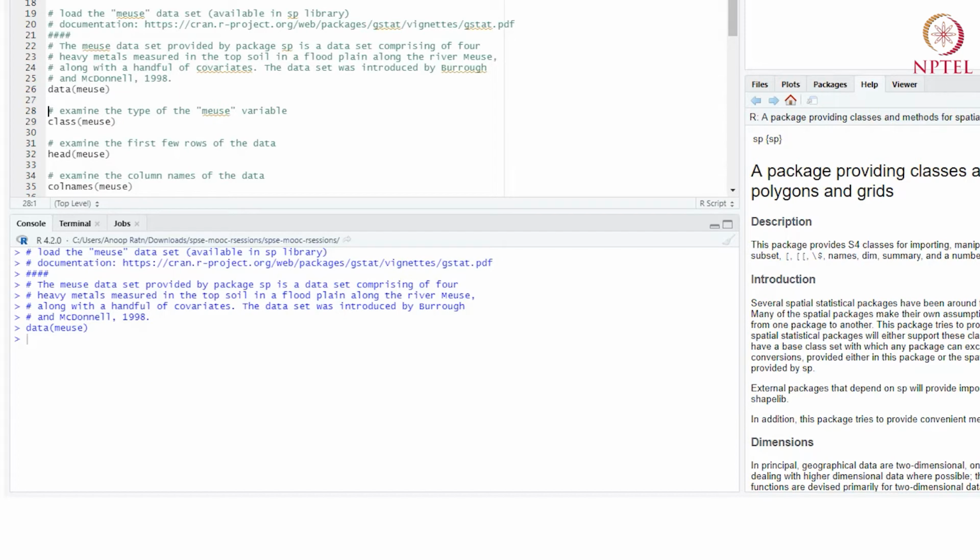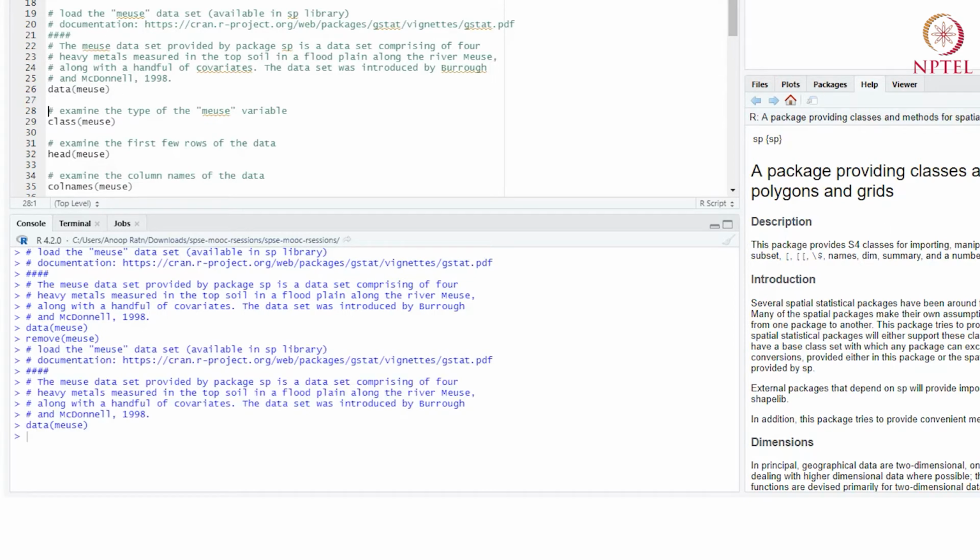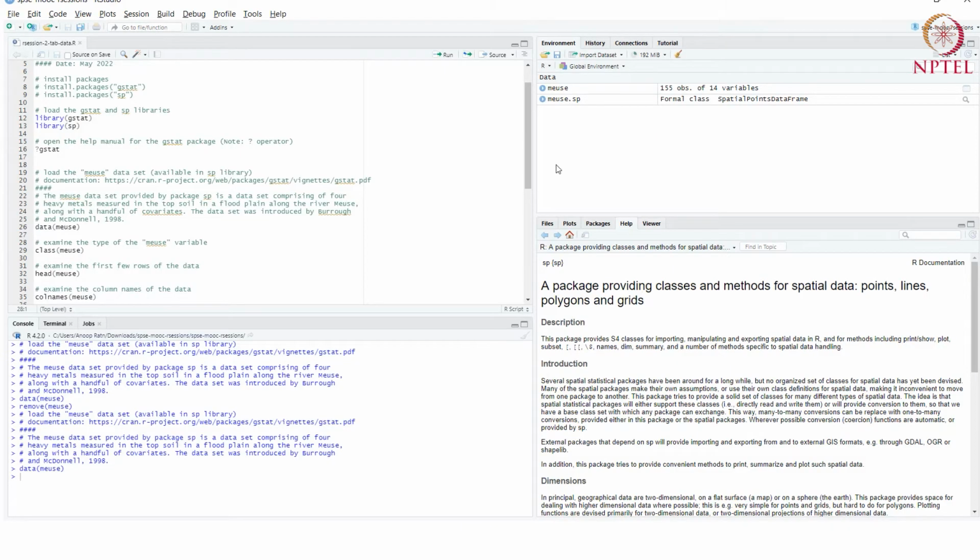So this meuse variable has shown up. If you want to remove some data, you can just say rm meuse, and it'll get rid of it. Now you see it's gotten rid of meuse, and if I run the load again, it will bring it back. Any data that you have currently loaded in your environment will show up here.